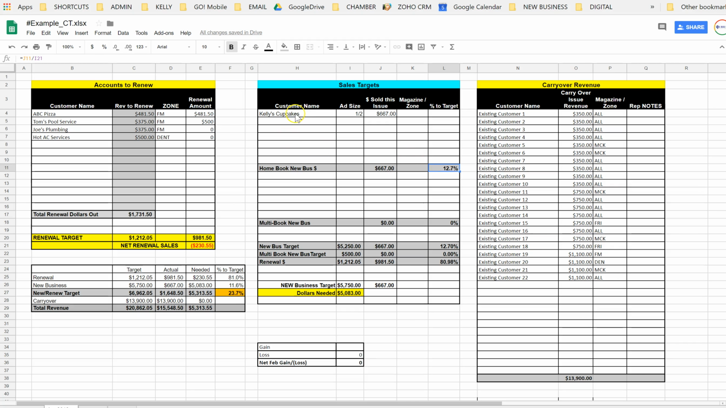Now, if Kelly's Cupcakes also bought into Flower Mound, say the Flower Mound Go Pages, that's where I would track it down here. So I would simply go down here and add Kelly's Cupcakes here. If she only did a quarter page here in Flower Mound, I would put quarter page and say the issue was $299 for this coming issue. You'll see it's going to track now my multi-book sales. Over here, my ultimate, so my total,